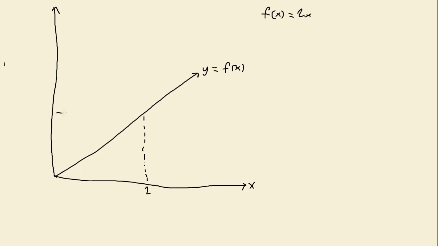I'm going to use y is equal to 2x. Or I'll say f of x is equal to 2x. You can plot that. Y is equal to f of x. And we have some point here, say 2. That's associated with a y value of 4. And we want to prove, we're tasked with proving that the limit of f of x as x approaches 2